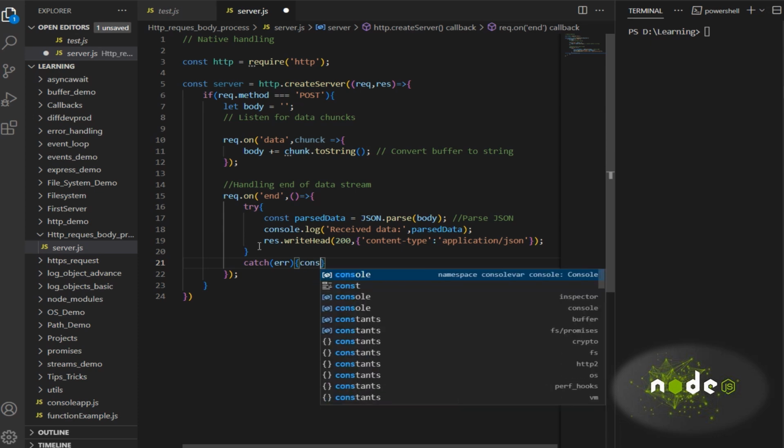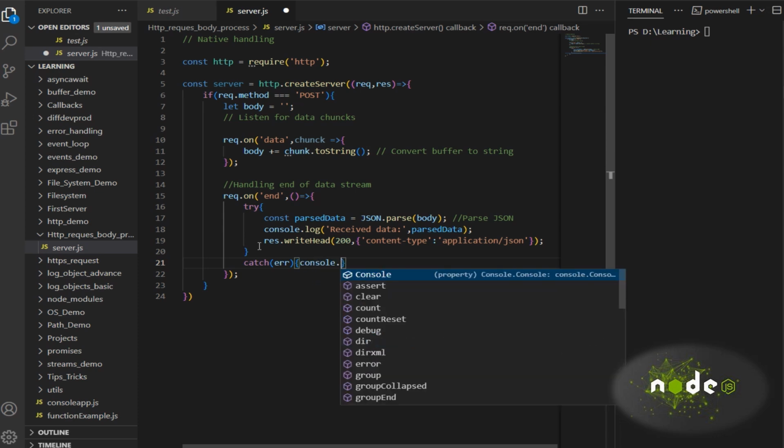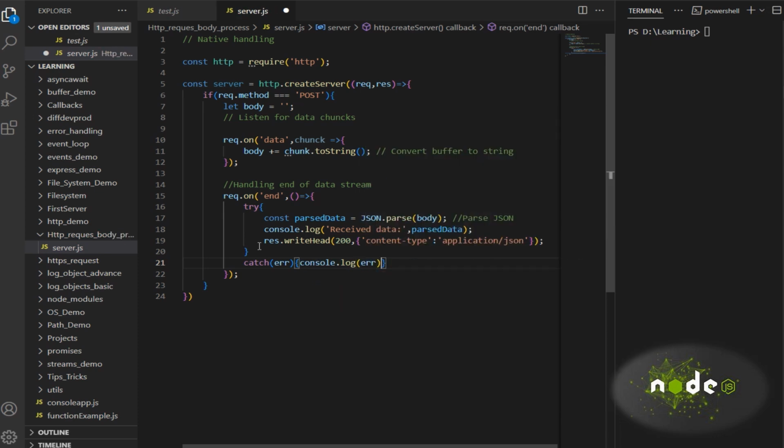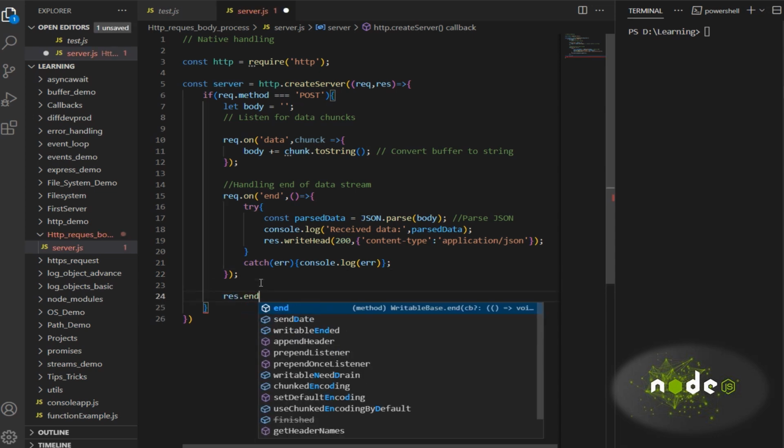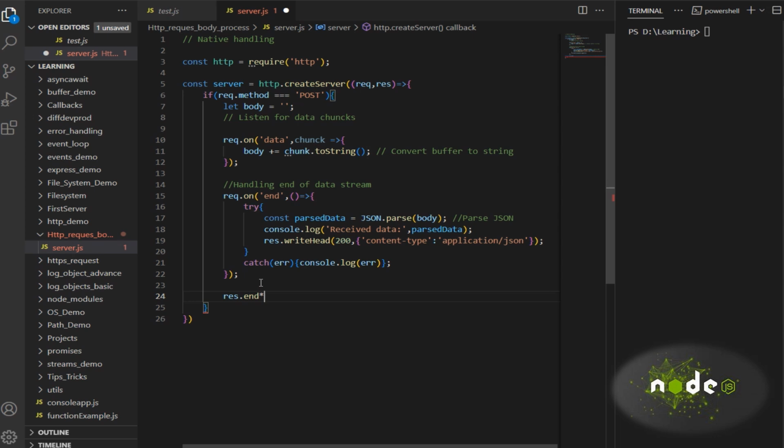So if any error, we will just handle the error. Okay, so this is about the request data: once the request has ended, it will have all these details. Now what we will do is, when the response ends, we'll have response dot end of